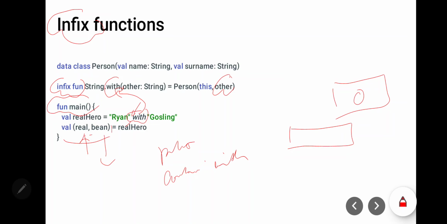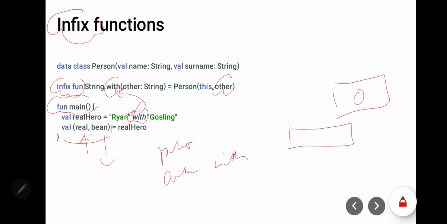If you don't use the infix function, you have to write dot or parentheses into your code. But because you use the infix function, you don't need to write dot or comma or parentheses. You don't need to write those.